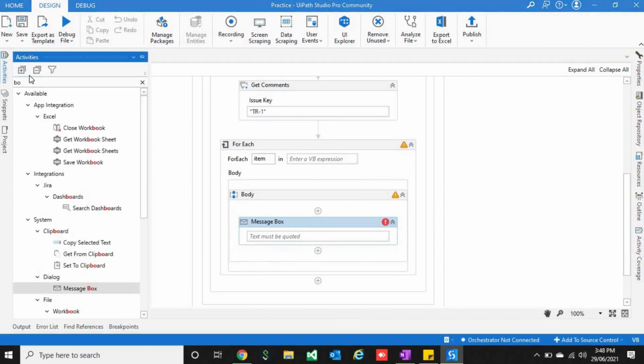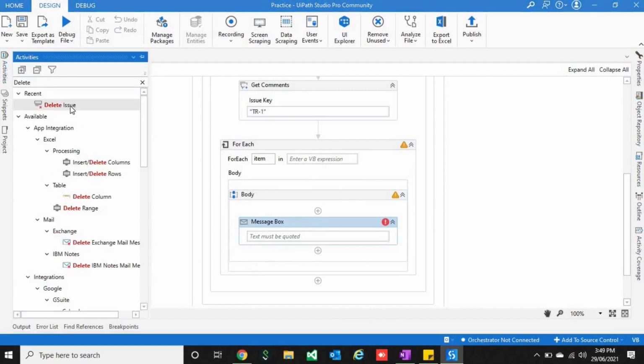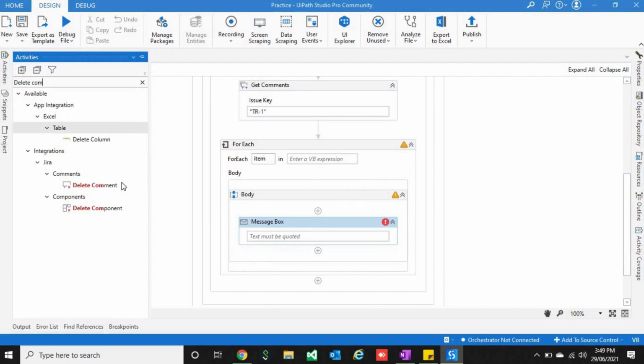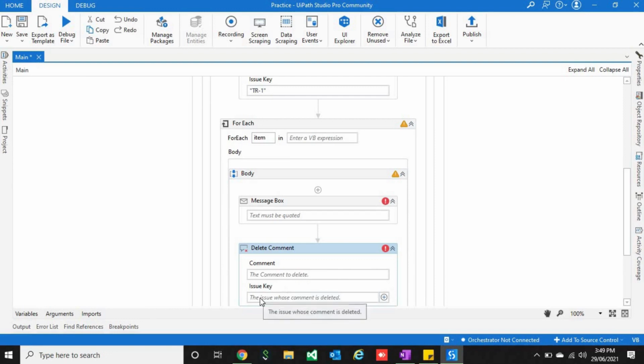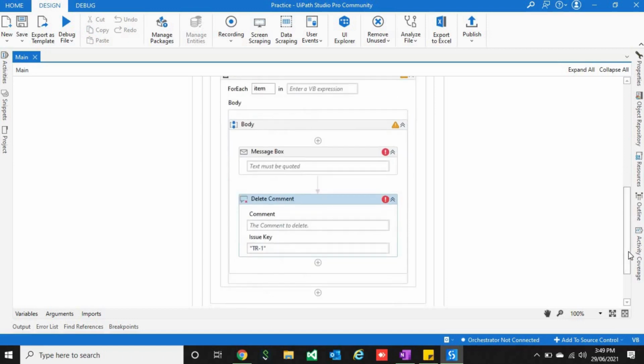So for deleting the comment, you have this activity Delete Comment. In this activity you have to pass the comment variable, which is what we are iterating on as of now. So all comments.